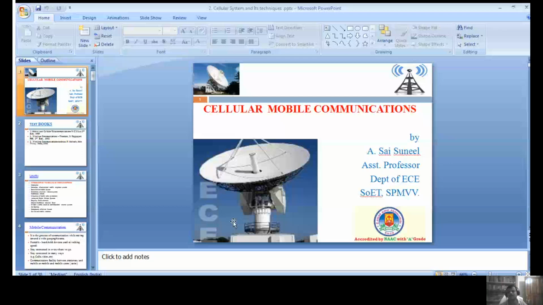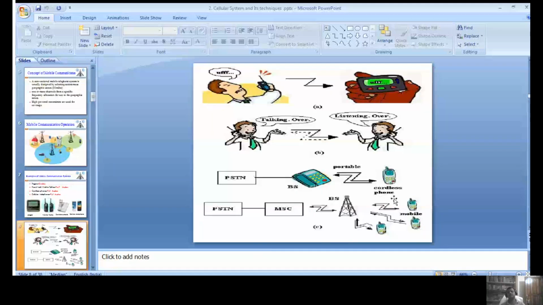The dial pad acts just like a tower, which is connected to the cordless telephone, that is the handset. Next, the fourth one is cellular communication, that is PSTN, landline, connected to MSC. MSC is nothing but mobile switching center, or the other name for MSC is MTSO. MTSO is nothing but mobile telephone switching office, which is connected to the base station, that is the cell phone tower, which is connected to our mobiles. These are 4 best examples for mobile coverage.